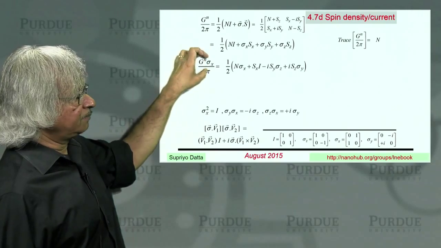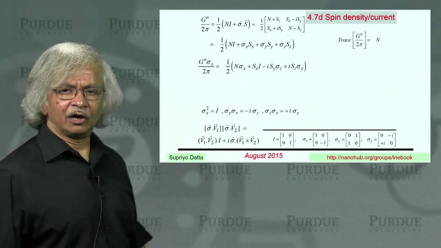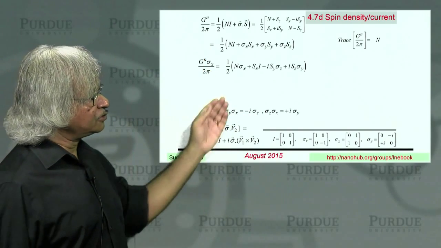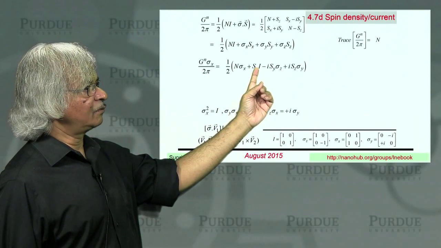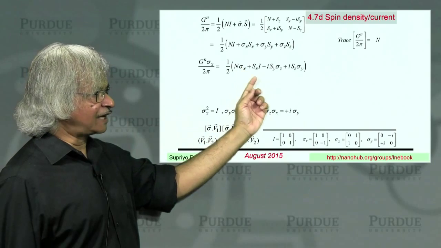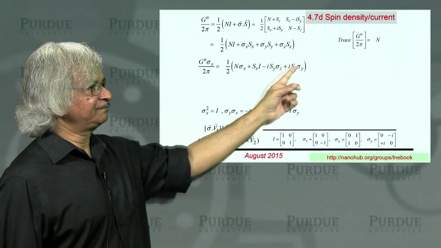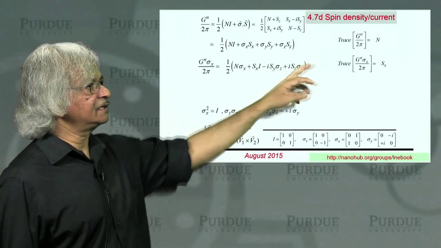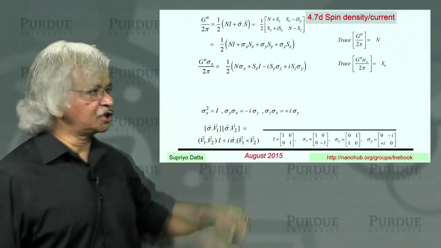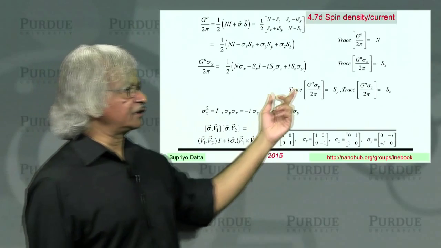So when I multiply by sigma x, we get this. Now, how does that help us? Well, now you see if I take the trace, I only get Sx. Why? Because all these other sigmas have zero trace. And the trace of I is 2, which cancels the half, and so you get Sx. So you get that. And what you can show is, the same works for the other components also.